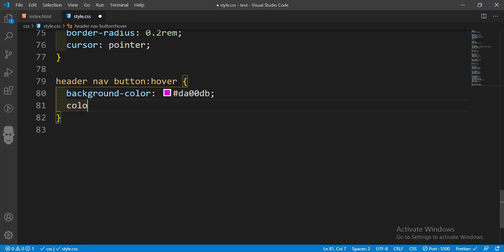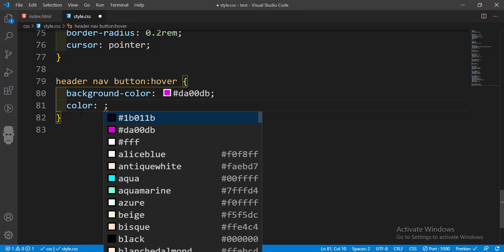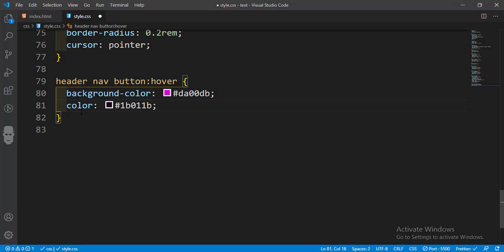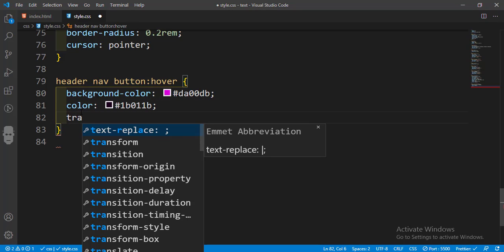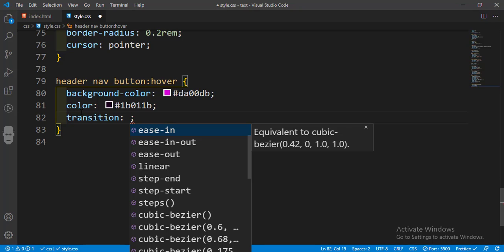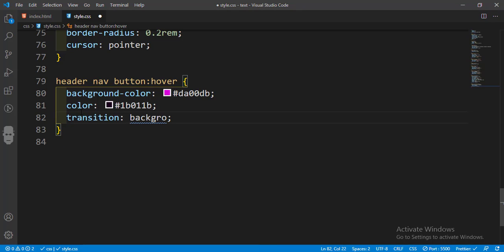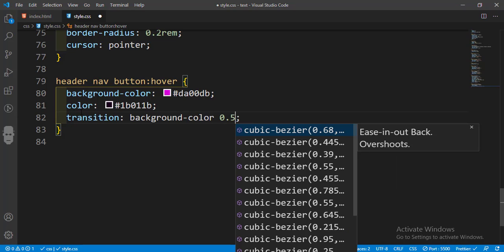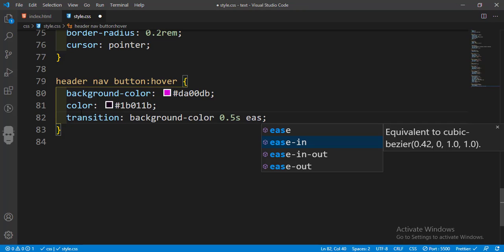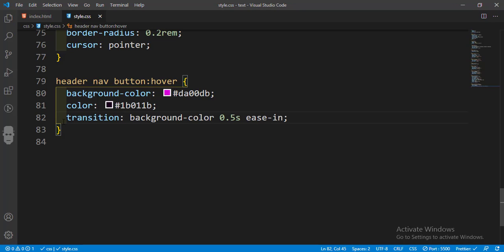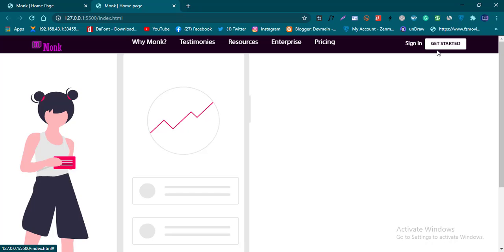See color. Transition, background color, background color 0.5 seconds ease-in. Right, so okay, that's okay. This is exactly what I needed here. Alright, so this one has a special